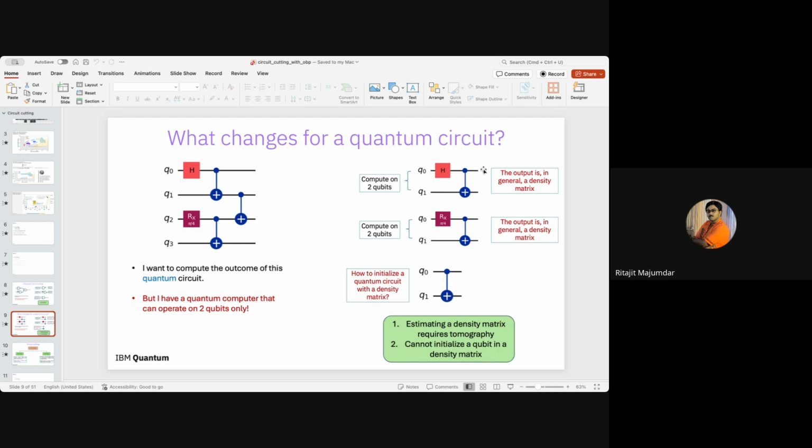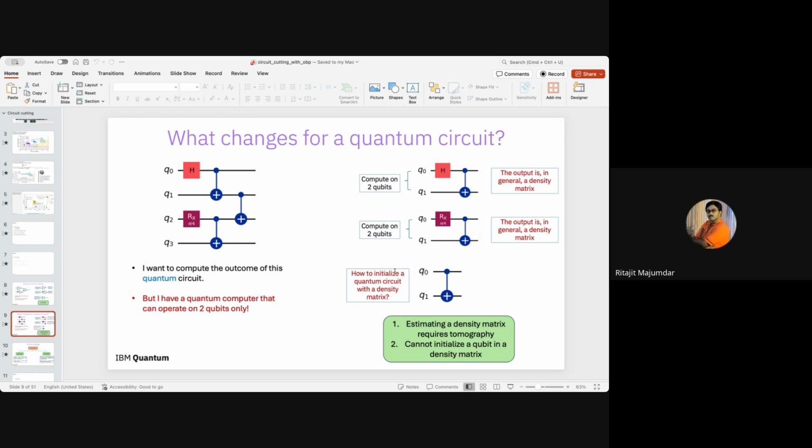But quantum mechanically, this output is usually a density matrix. So you cannot really store a density matrix, and even then today we don't have a QRAM. Whether we will have it, when we will have it, we don't know. So this storing itself is a problem. The same problem applies to the second part of this circuit. Even if someday we have QRAMs and are able to store this in QRAM,